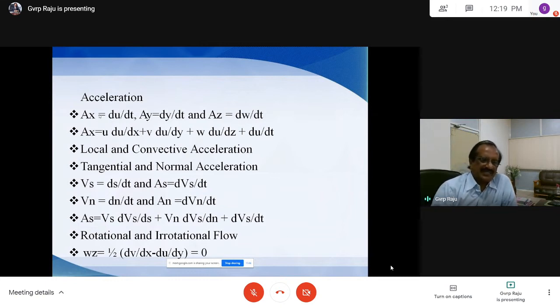Suppose we take acceleration in the x direction ax, in the y direction ay, and in the z direction az. So ax is the change of velocity with time in the x direction. ay is the change of velocity in the y direction with time. So this is v, not y, sorry, this is v. So the change of velocity in the x direction